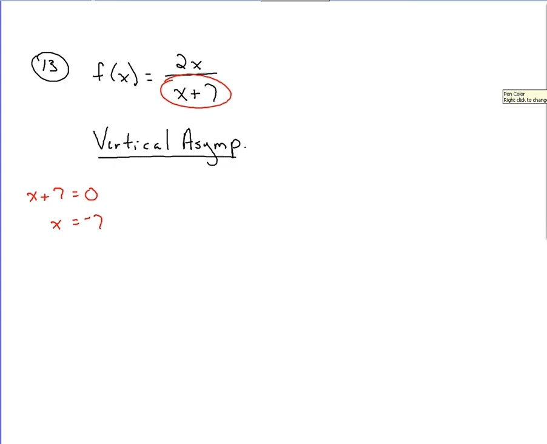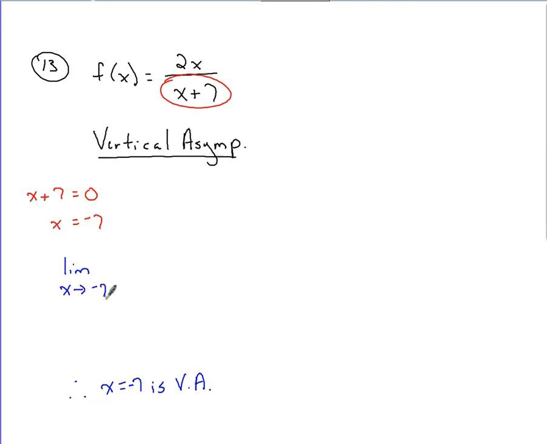So I could go ahead and set up my therefore statement down here and say x equals -7 is the vertical asymptote. But the thing about this problem is I have to justify it with limits. So how I justify it with limits, I take the limit as x approaches this value that I found of